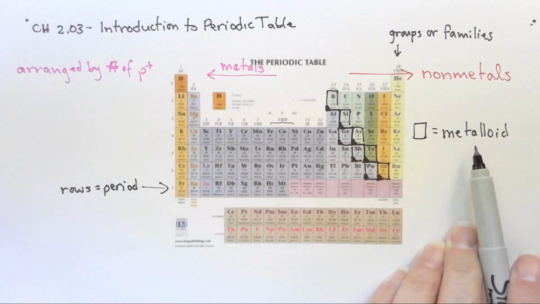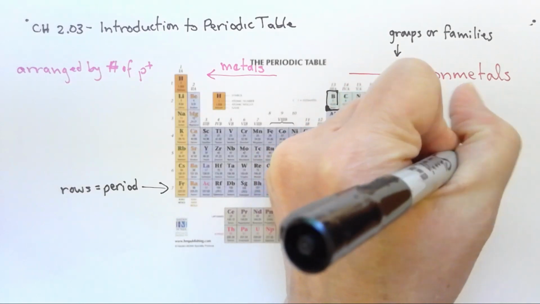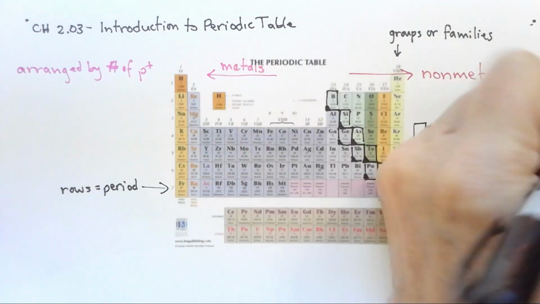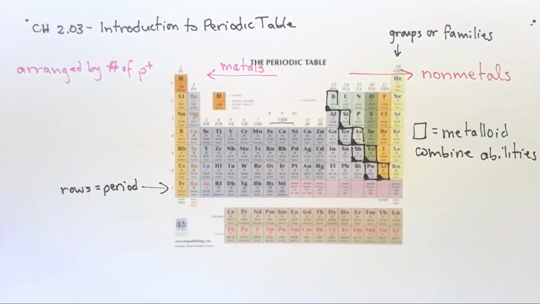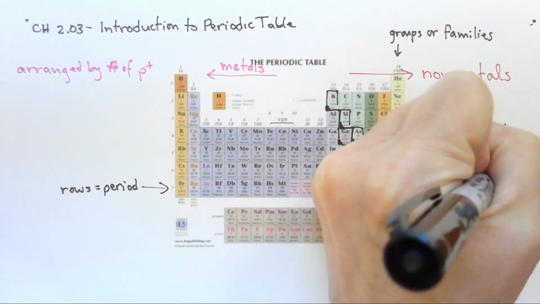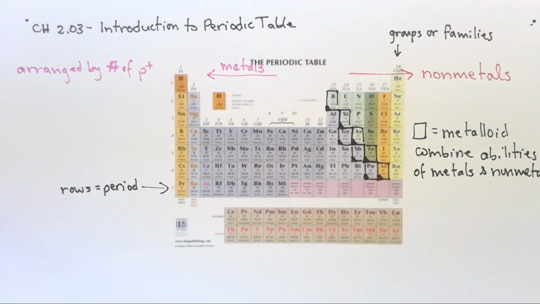Metalloids have the abilities of both metals and nonmetals, so they combine abilities of metals and nonmetals. And you are a lot more thankful for metalloids than you realized before we started this lesson, because what you probably did not know was that it's metalloids that allow you to